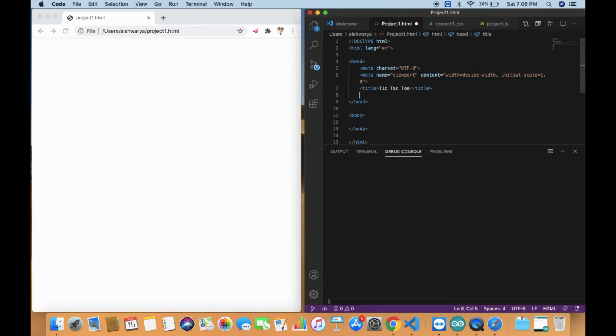After this, the important thing is we need to link this HTML with the .css. So you need to take this project.css file and put it in our link so that HTML and CSS are both connected. Once you connect that, we will put up our heading, which is an h1 tag, as Tic-Tac-Toe.